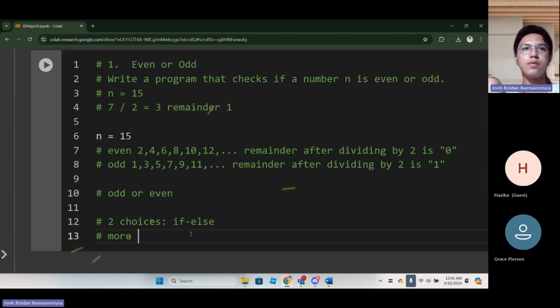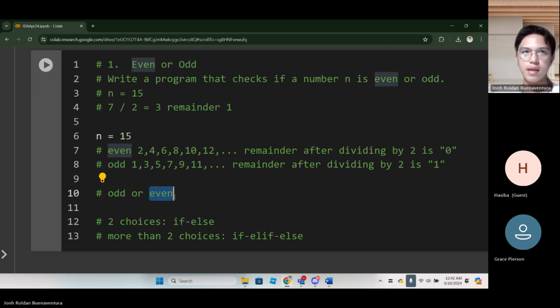More than two choices, you need to use if, elif, else. To put it simply. Here, we only have two choices, odd or even. So it's clear that we will just use the if else.